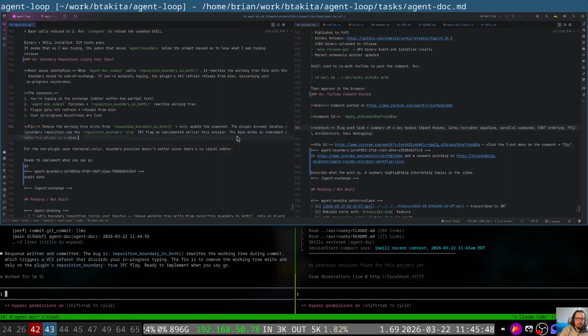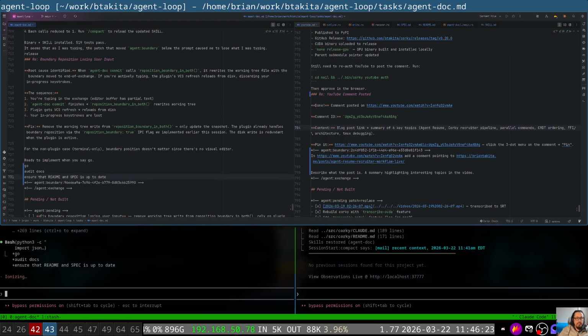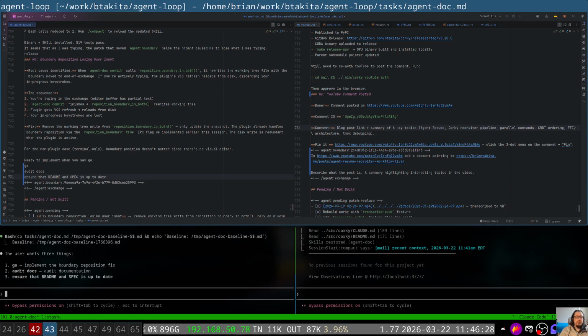So the disk write is redundant when the plugin is active. Okay, so yes, go. And then we want to audit docs and then ensure that readme and spec are up to date. Okay. So I think a theme of all this is we are iterating quickly, you know,